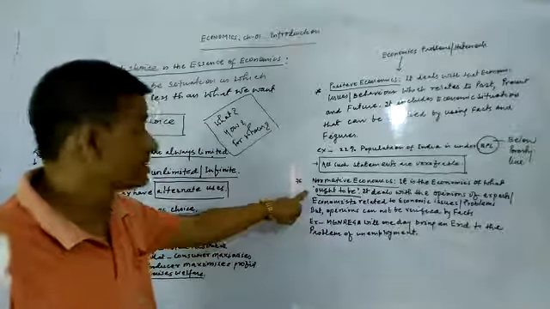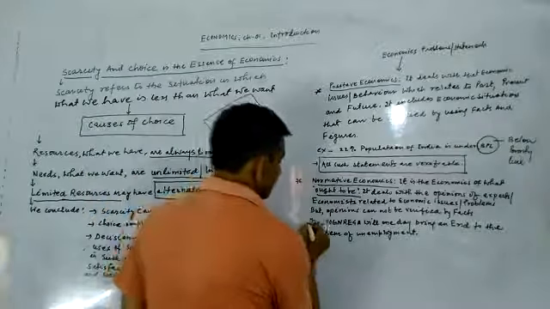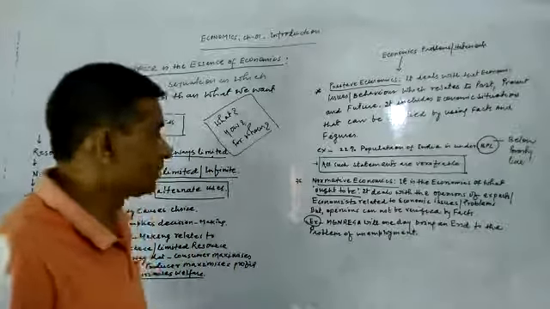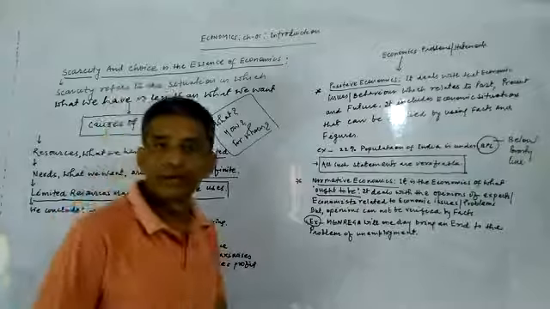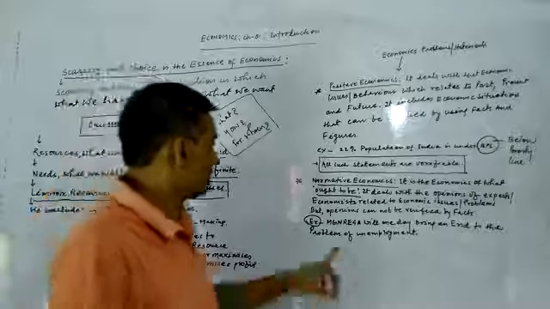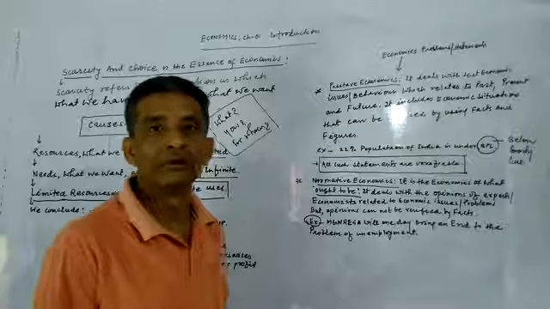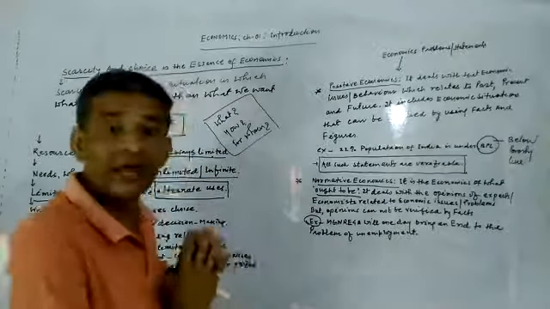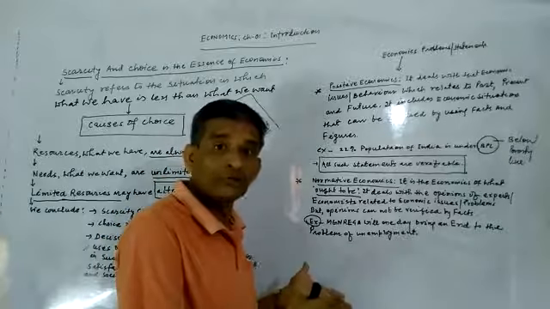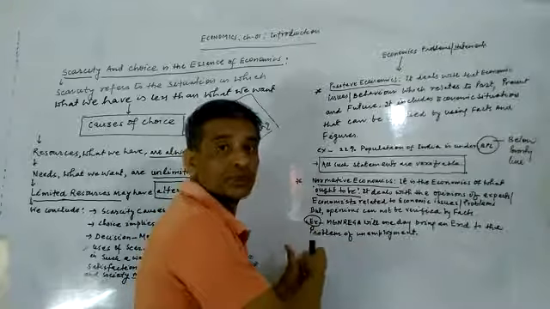How can you understand it? With the help of an example. Here I have mentioned an example: MGNREGA, as you all know, a major policy implemented by the UPA government to overcome unemployment. It states that MGNREGA will one day bring an end to the problem of unemployment, but it is not guaranteed that MGNREGA will bring an end to unemployment. It is a kind of value judgment about this policy.